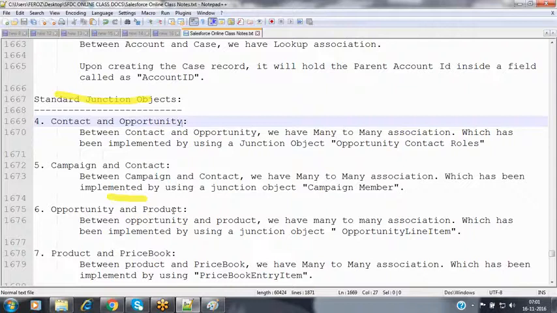Okay, so this is our association. In tomorrow's session, we are going to discuss some more features. Tomorrow I'm going to discuss a concept called validation rules: how can we use validation rules, and how can we implement that functionality? After that, we are going to discuss the one-to-one association, and how to implement the one-to-one and the hierarchical association. And after that, we are going to discuss one more feature called email templates: how can we send email notifications by using Salesforce? We'll see it practically over there.